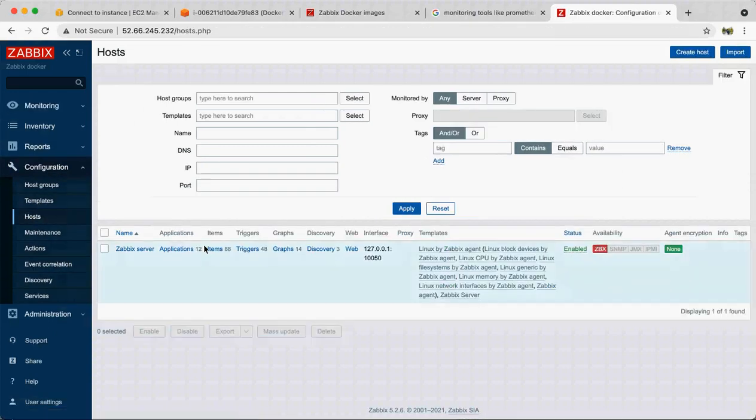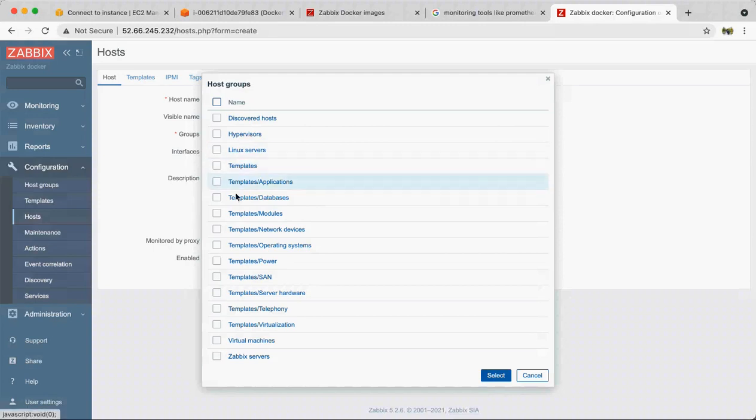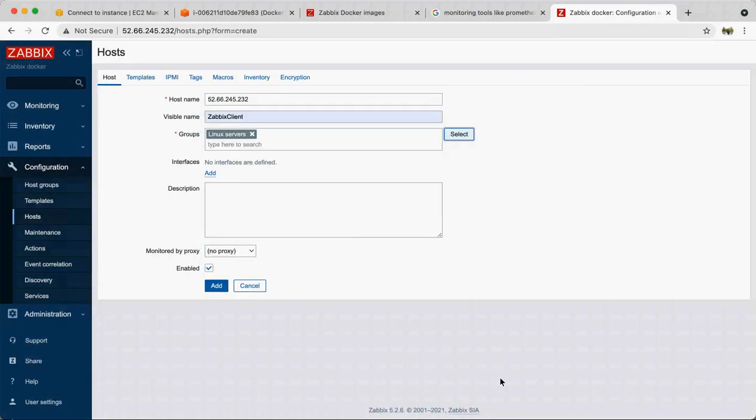Here you have to add your different hosts. You can just create a host, for example, let's give this one, named Zabbix client. Group, if you want, you can give a group, like what kind of server it is. For us it is a Linux server.